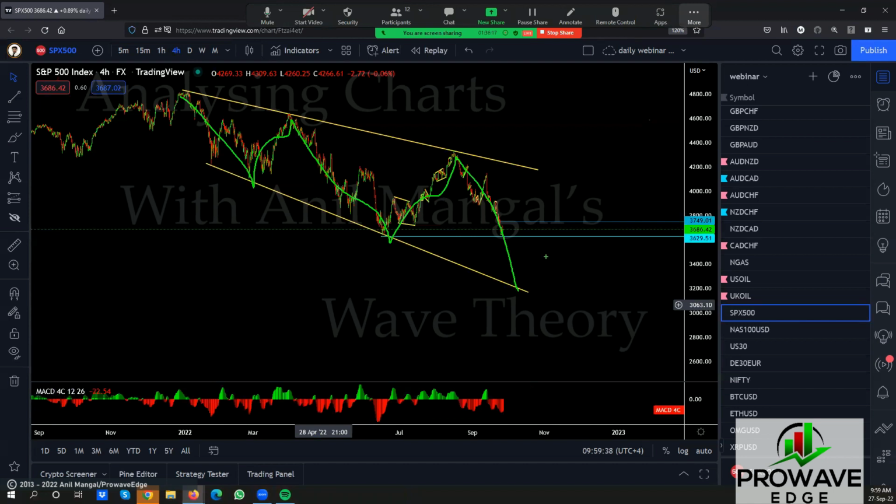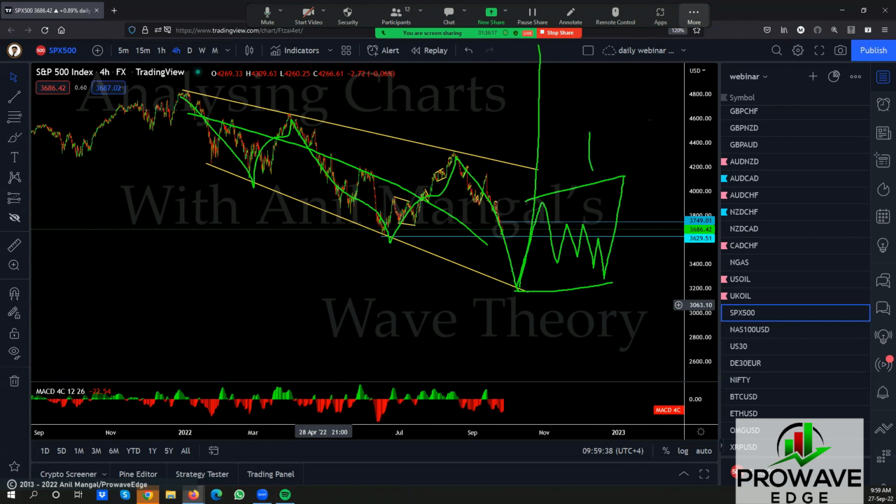This is either a WXY exit and then it goes up like that, or this is a leading diagonal, and then you see 1, 2, 3. Well, if you see this, you should be really, really happy. Well, I don't know if you should be happy. I shouldn't say that, because what is going to happen next is this. And this is going to be super sharp. This is going to be a big surprise. It's going to go back up there, maybe even break out of this structure after this. And then you're going to see that sharp drop. Any sell setup from here, we'll take. If it goes up from this point, we will buy it.